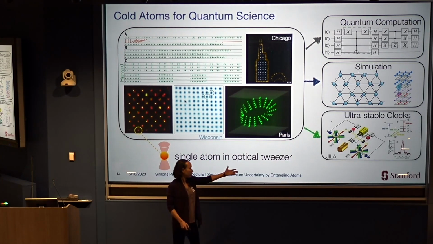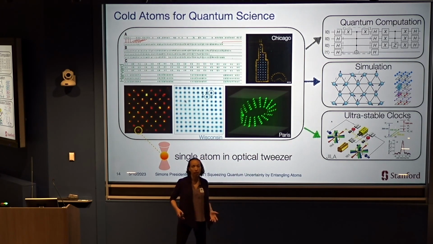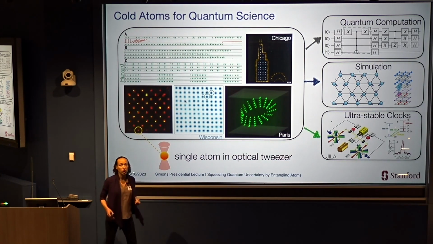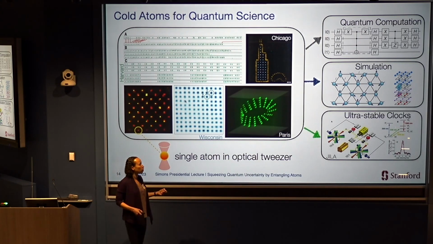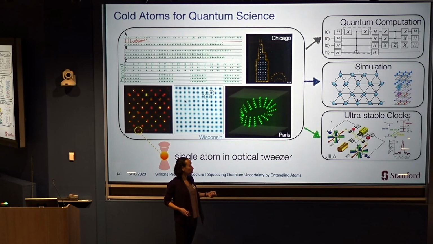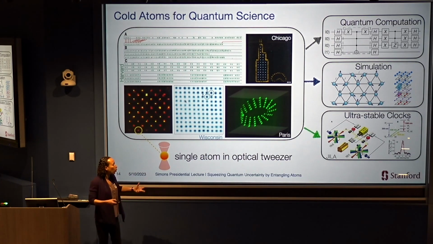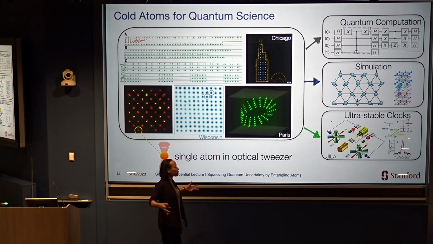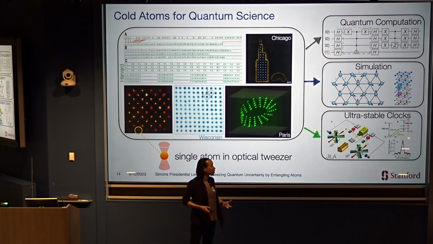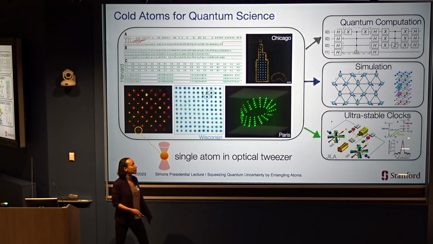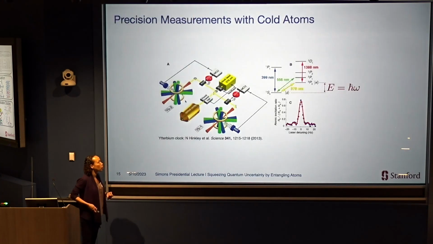Or there's this direction of asking, how precise can we make a clock? And particularly, can we start to improve the precision once we get to the regime where quantum uncertainty is what limits us? So I'm going to say more about how one can improve the precision of clocks when limited by quantum uncertainty, and then I'll veer off a little bit into some other applications that this toolbox opens up.